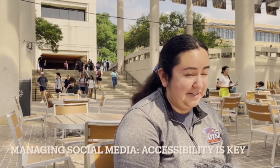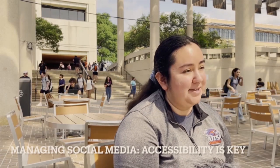With that being said, one of the big things that we focus on here is accessibility. So making sure that the content is accessible to anyone, that it has captions, that pictures have alt text, all of these things that you can also do on websites, to make sure that if they are looking at your social media, you're not potentially excluding someone from being able to access your content and enjoy your content. The other thing we look at is being descriptive in our